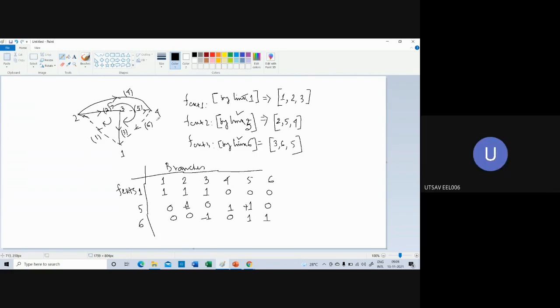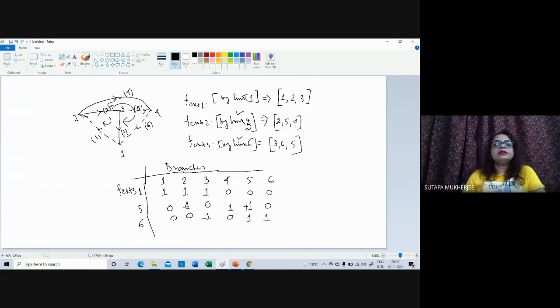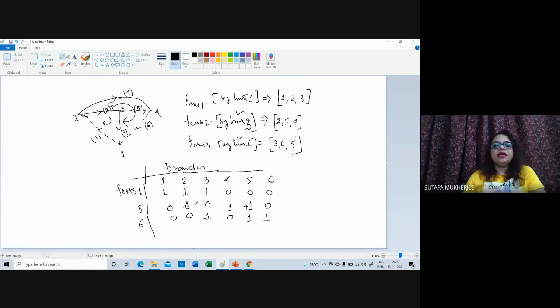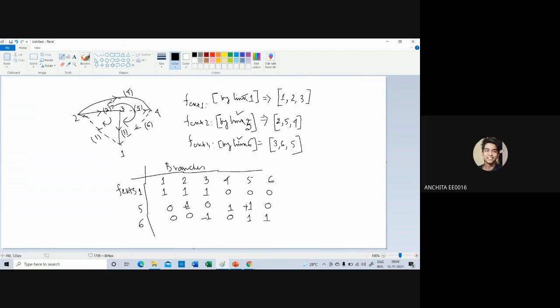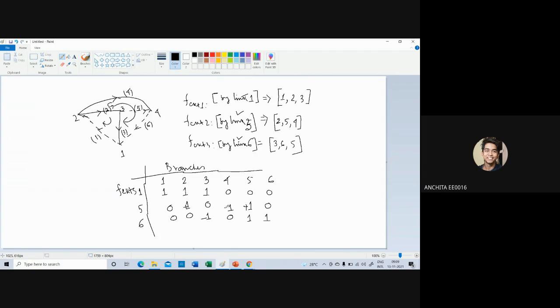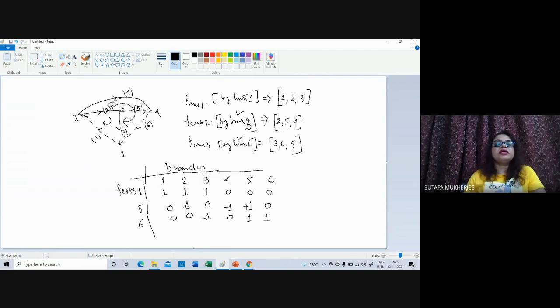Did you get it? 4 will be negative. 4 direction is this, and this follows this direction. 2 is positive, I have given positive. Yes, positive. And 4 will be negative. Exactly, 4 is opposite to that. 4 will be negative, because you have to follow this direction, this one. Okay, is it clear?